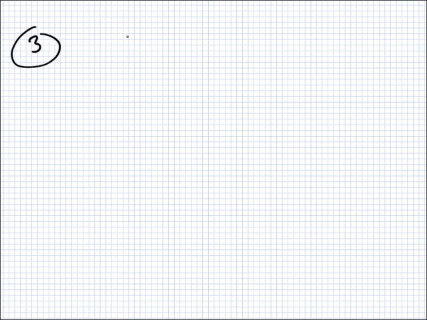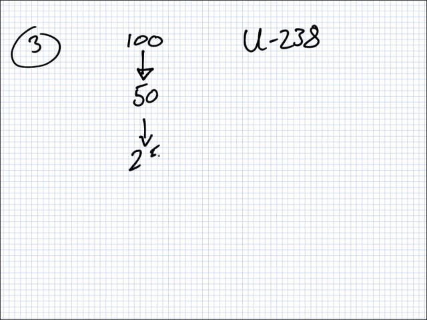So let's imagine we have 100 isotopes of uranium-238. After some time, we'll have 50. What did we say the half-life of uranium was? I don't remember. Anyways, after some time again, we'll have 25. We're looking at the graph, and the graph goes smoothly like this, we think. But after some time, we don't have 12.5. Right? Because you can't have 12 and a half isotopes. You can either have